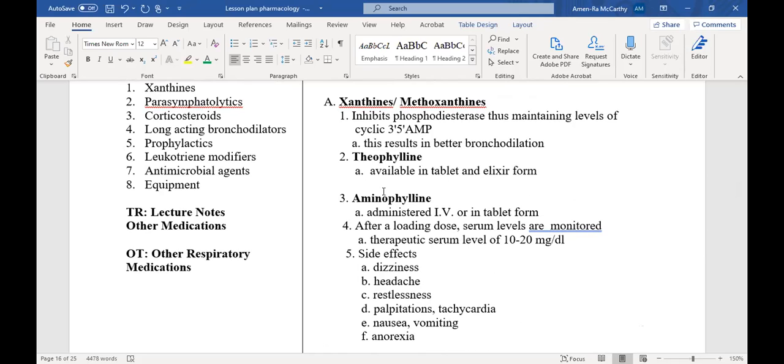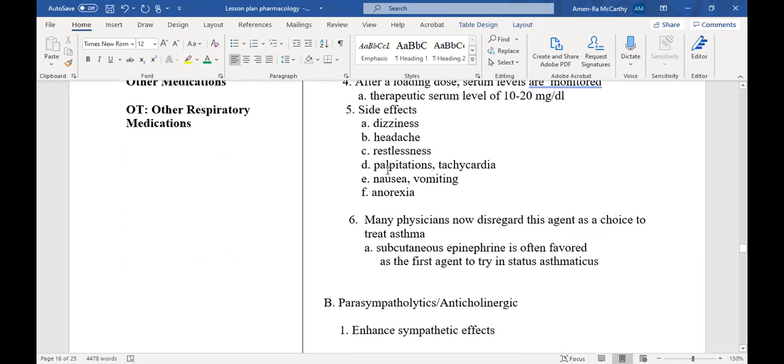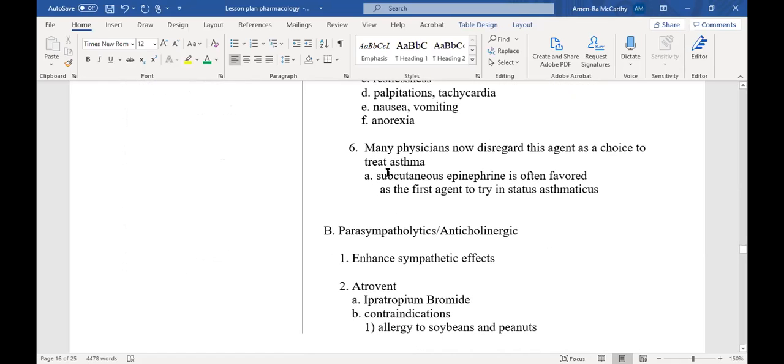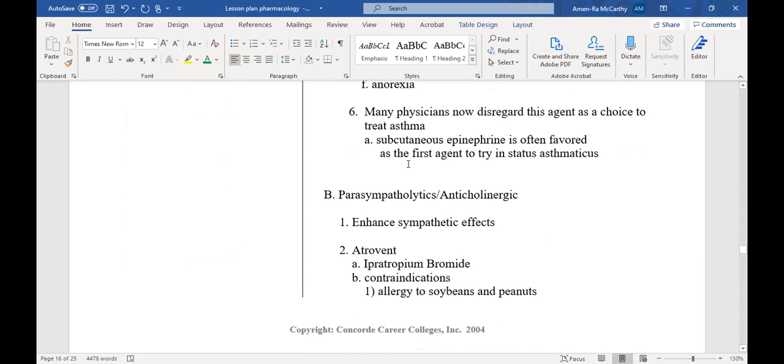So we don't want them to have an asthma attack at all, but they stopped doing that because it has such bad side effects, okay? Don't worry about this subcutaneous thing right here because we're not going to deal with that. All right,